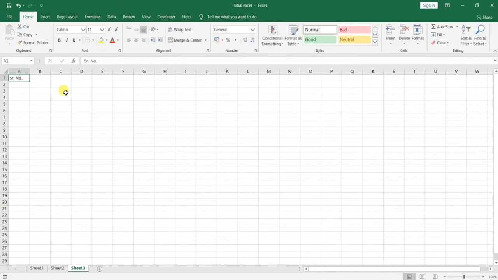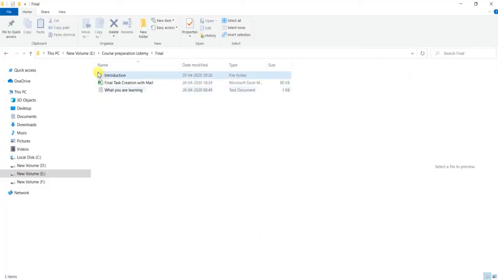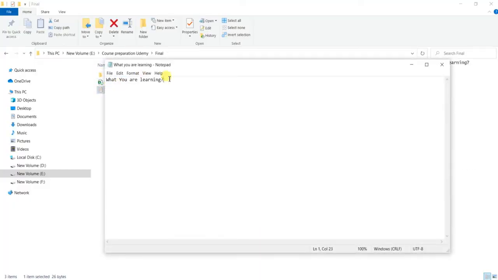Here is one shortcut which I want to mention: I mistakenly typed the serial number, but if you want to edit any particular cell, you can press the F2 command. So let us make a note of this. Here I have prepared one thing, the F2 shortcut.